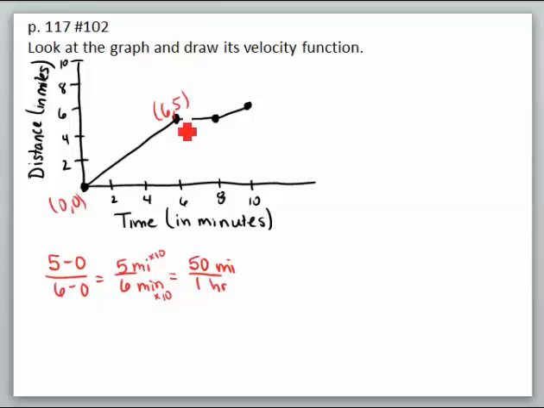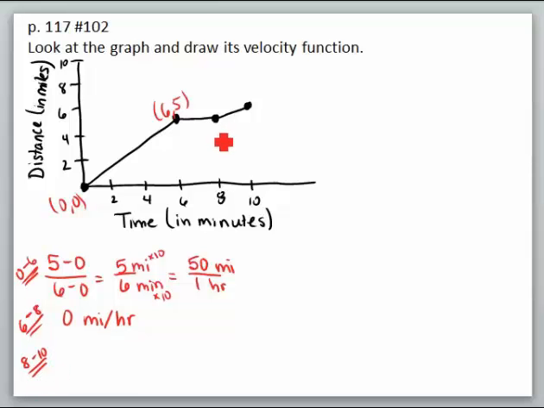Then what's happening from 6 to 8, that's pretty simple to see. That the derivative, or the slope of that line, the slope of the tangent lines, is 0. So this is from, let's go ahead and do this, from 0 to 6. And then from 6 to 8, we're going 0 miles per hour. And then from 8 to 10,